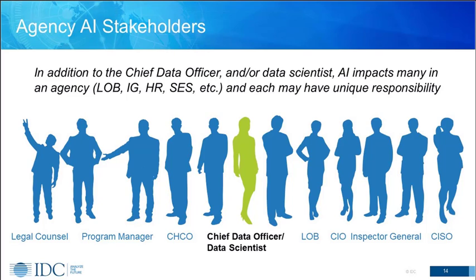So in addition to addressing the complexities of the AI workload, there are many, many AI stakeholders that need to be engaged. And as you can see by this, the chief data officer or the data scientist, they're the rock star, and they're right there in the middle of the organization. But we urge our clients, don't forget about some of the other key players. If you think about it, legal counsel may need to determine what data sets can and can't be combined. When we think about CHCOs, they may need to accelerate and accredit bots, and they're also responsible to ensure that the agency plans for the future skills required. And this is so critical as machines start to take a bigger role in analytics, in decisioning, and in actions.